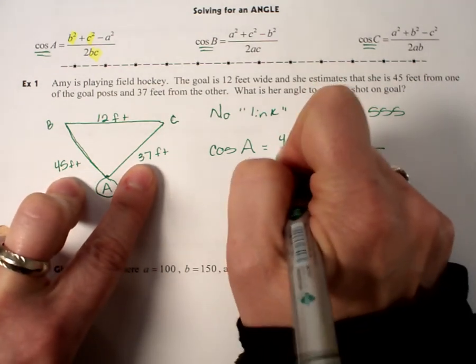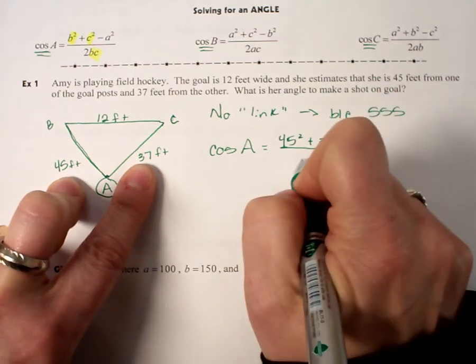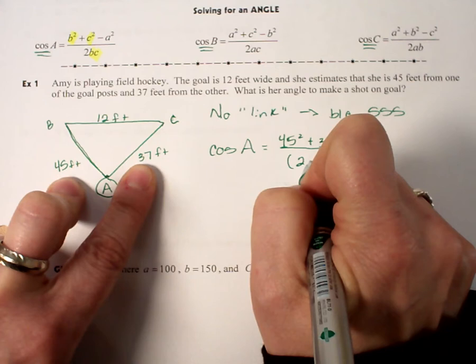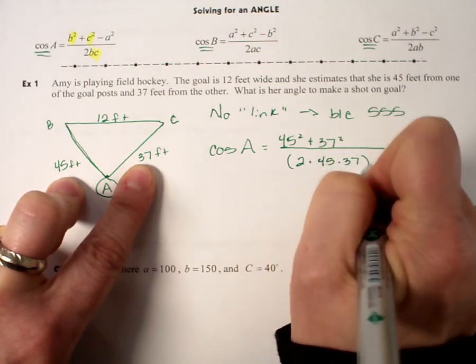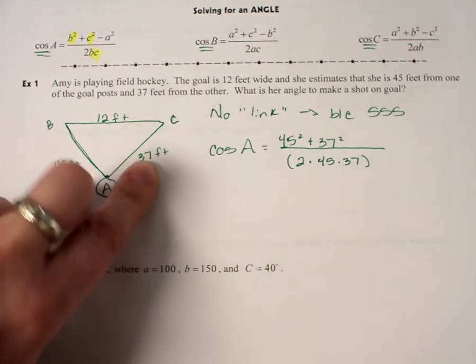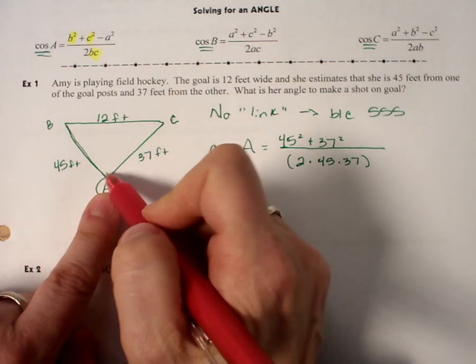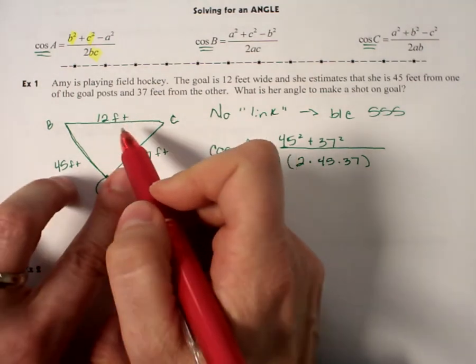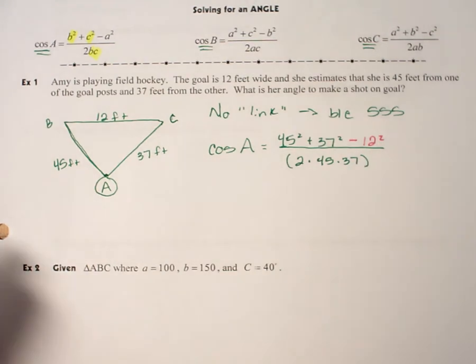So I'm going to write 45 squared plus 37 squared. And the bottom, I'm going to write 2, and parentheses are kind of nice here, 2 times 45 times 37. And now that you've got all that set up, you're really only missing one tiny little detail. The last little thing we're going to do is look at that side that's across from the angle we want, and we're going to subtract its square. Now, if you've got that all set up,